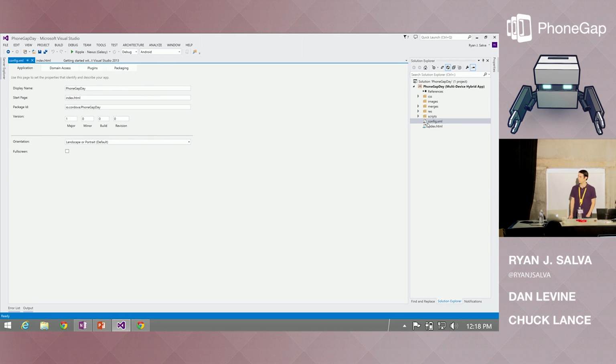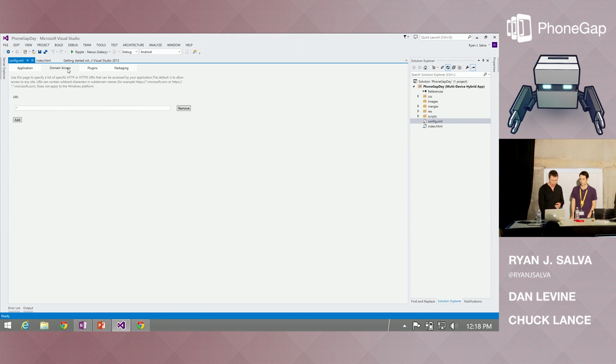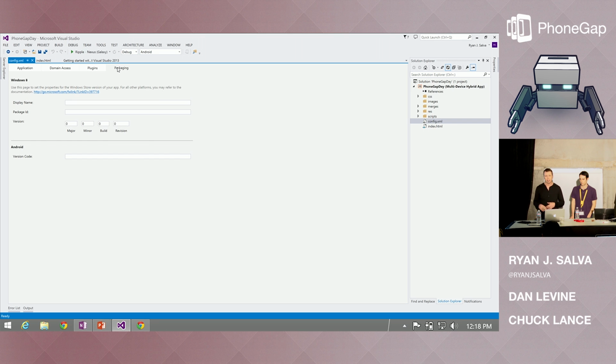And over here, once again, I recognize that it's a little bit blurry, but basically, you've got editors for all of the most common attributes and properties that you would find in config.xml. Things like the display name, the app name, the actual version of your app. And we've got a couple of other areas here like domain access and packaging, stuff that you would use when you're configuring your app, predictably enough.